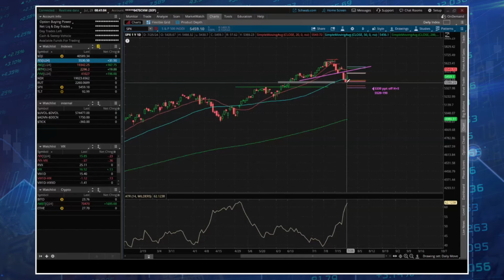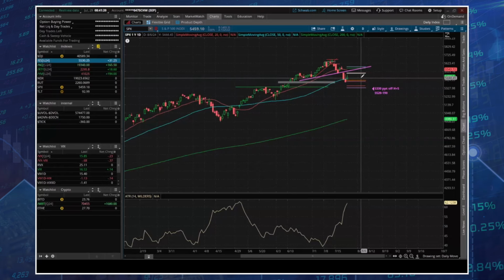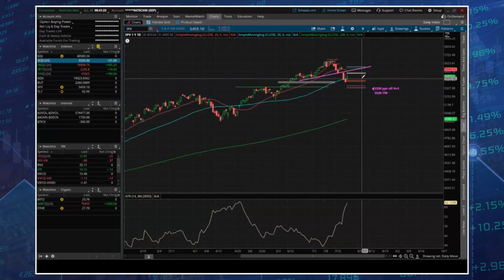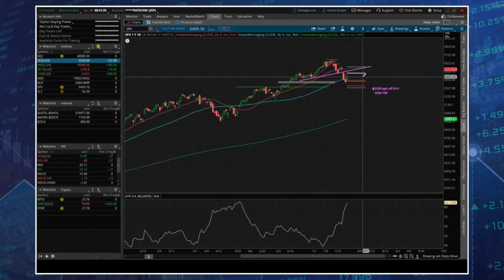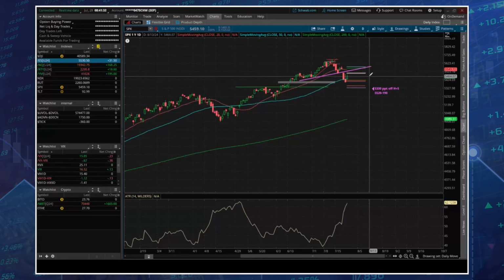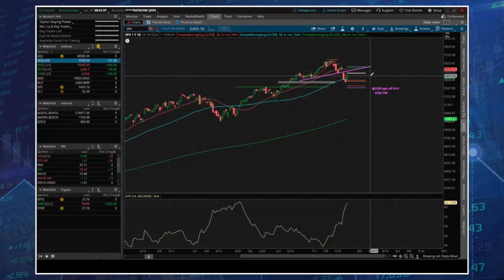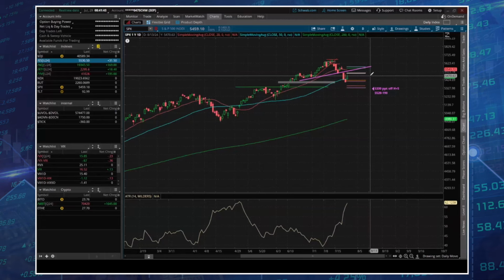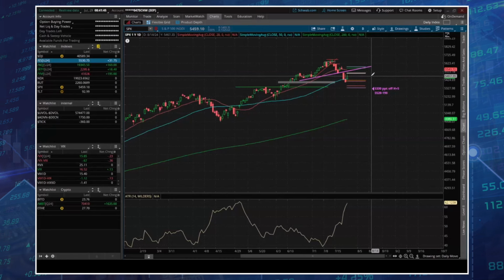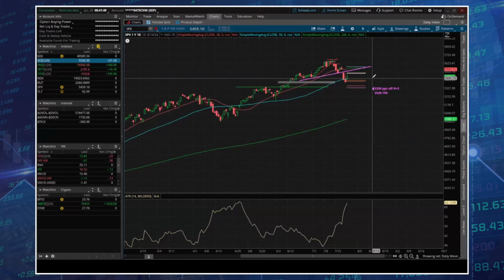So in one context, I am making some sort of, I hate to use the word prediction, but assumption on price movement. And in the other context, I'm making some sort of assumption on implied volatility. And the problem is implied volatility for a large part is news and price movement dependent. And it's more complex to get an understanding of what implied volatility is likely to do than it is to get an idea of what price movement is going to do. In other words, if I was going to use the word prediction, I'd say predicting price movement is a heck of a lot easier a lot of times than predicting implied volatility movement.